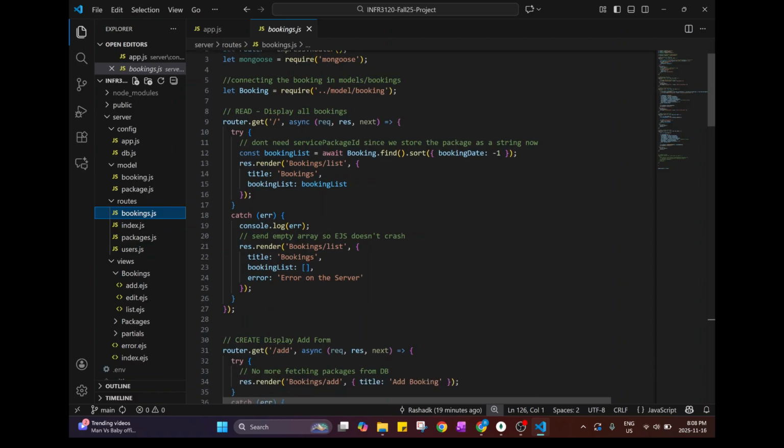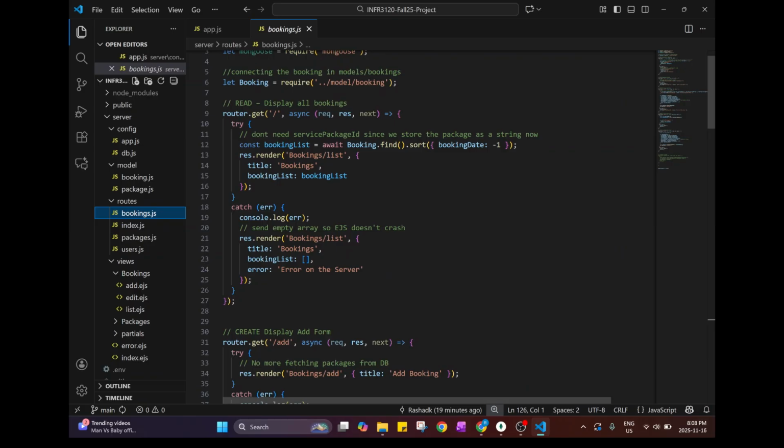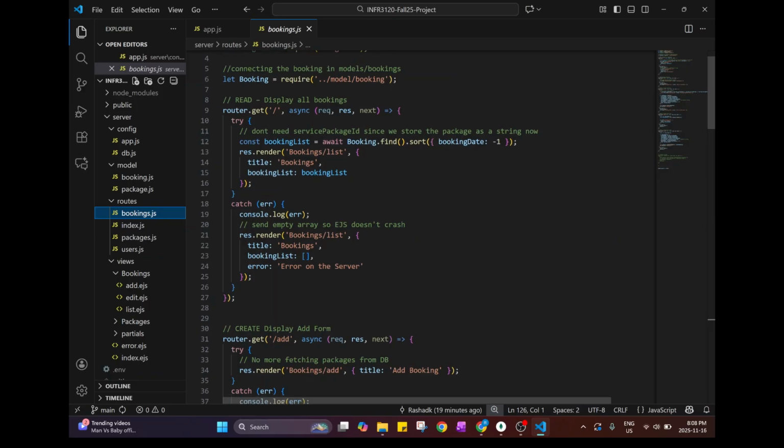So moving down, we can see that it handles all the CRUD operations for the booking system, except we didn't really implement the delete one for this as we have it for the other one. So this booking file first loads Express and the booking model, then it uses the get route, reads all the bookings from MongoDB, sorts them by date, and sends them to the EJS list view. The get/add route